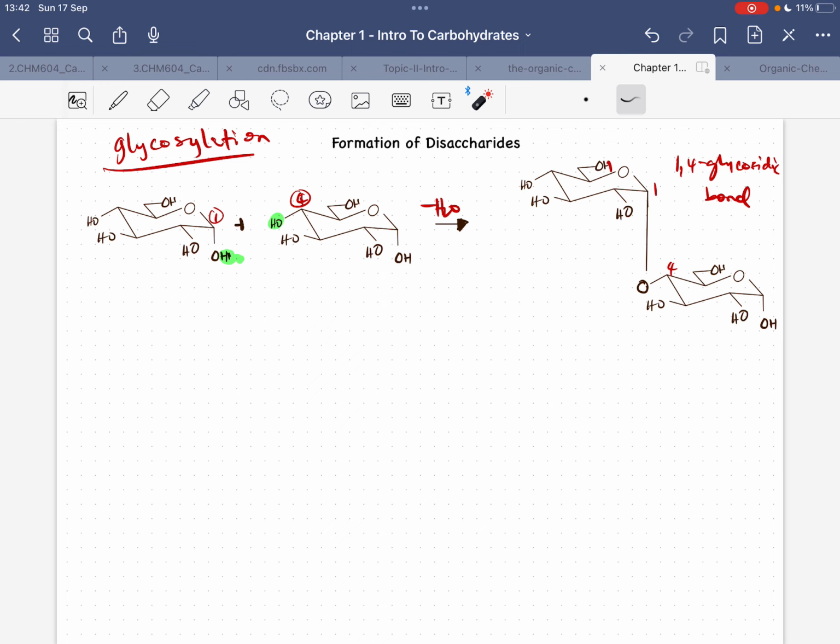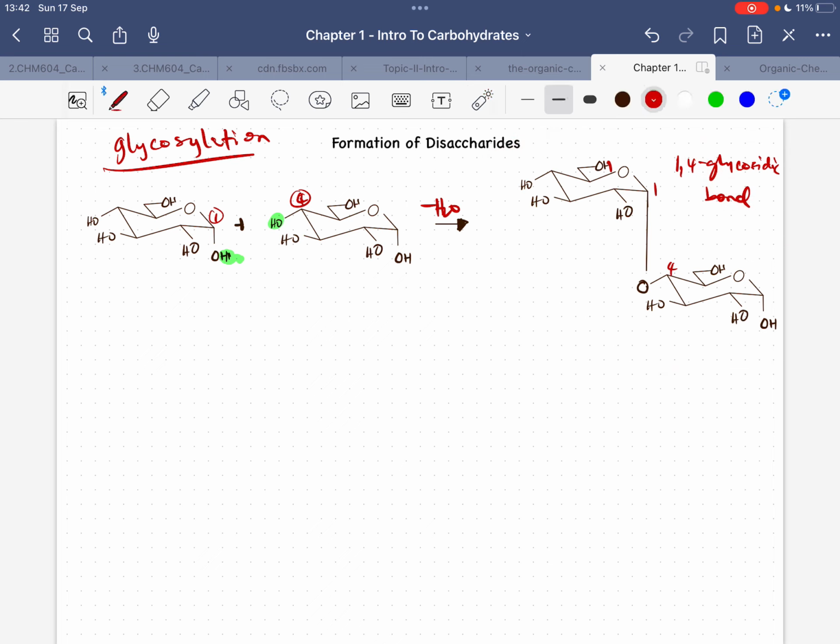They have a specific orientation that allows only these two to react, the dehydration step of these two. So that's how amazing nature is. Nature is the best chemist. No one can really defeat nature. Imagine, without the synthetic chemicals used in labs, just by using enzymes, it can accurately synthesize this disaccharide